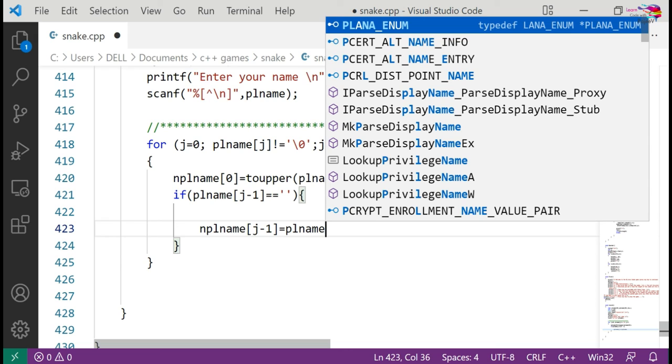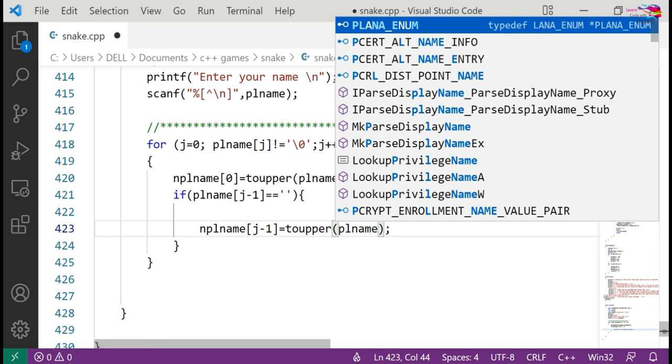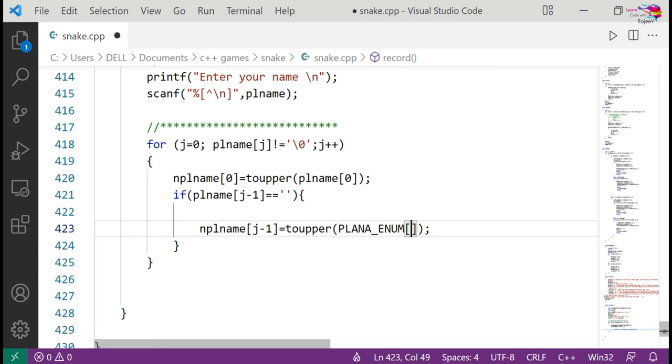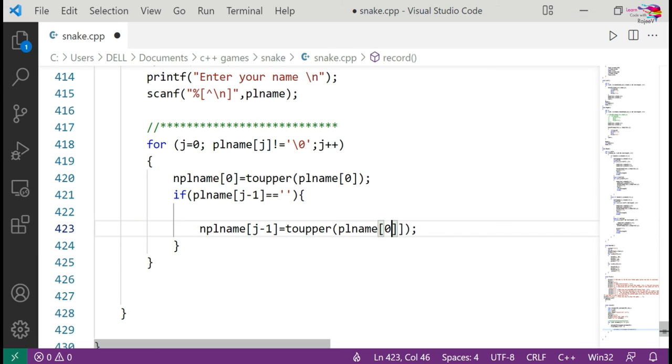So first I have to define the uppercase. To upper, then here, and to upper player name. This is taking it automatically, so I'm just using player name. Yeah, so player name, and here I'll use the 0, and after this I'm just going to put the condition,